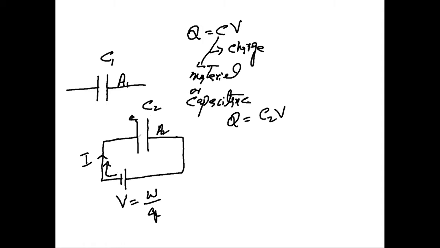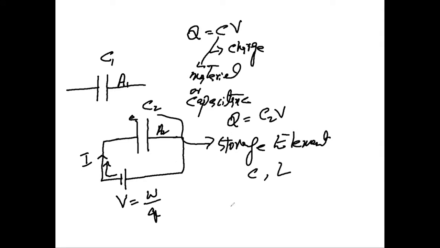If I use a resistor here, then that electron will deliver energy to the resistor, and then the electron will come back here. But in this case, the electron will not come back because this is an open circuit. So the electron will deposit over here, and it will not release energy because this is a storage element. Last time I discussed that the capacitor and inductor are the storage elements. Only the resistor is the dissipating element. Okay. So the electron will deposit over here.